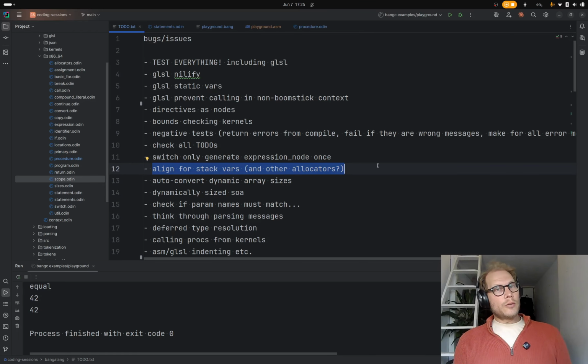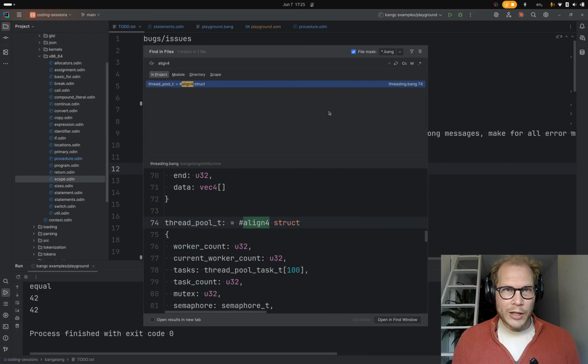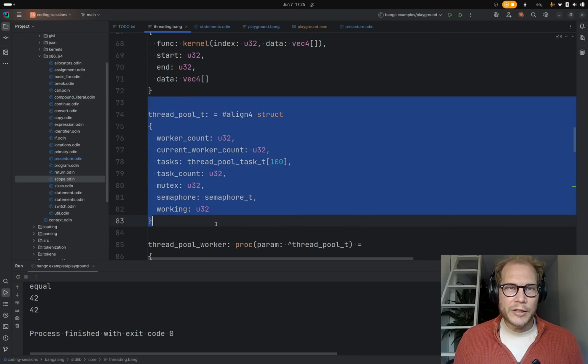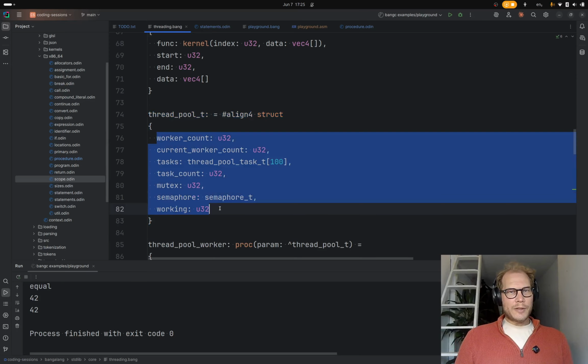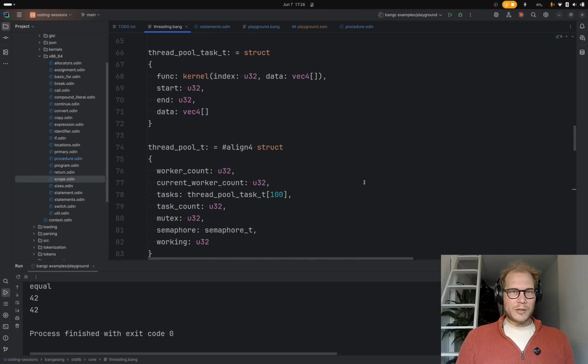In which case we need to store, like at the moment, the alignment is align 4. So we needed it for this because this needs to be aligned for Linux to work properly. I can't remember exactly what it is that needs to be aligned, but it's something in here. I should probably also allow the alignment of members, but I don't think I do that, and it's okay. I think it might be the mutex or the semaphore? Something needs to be aligned.